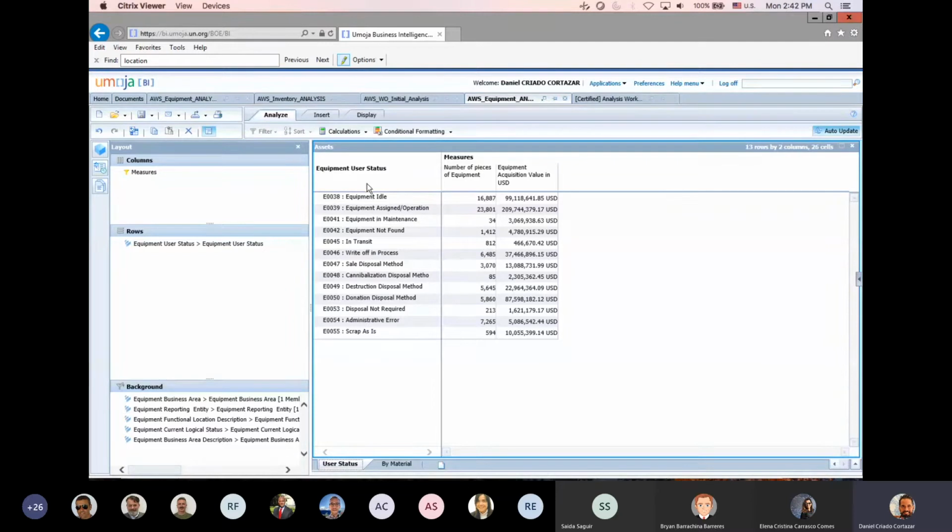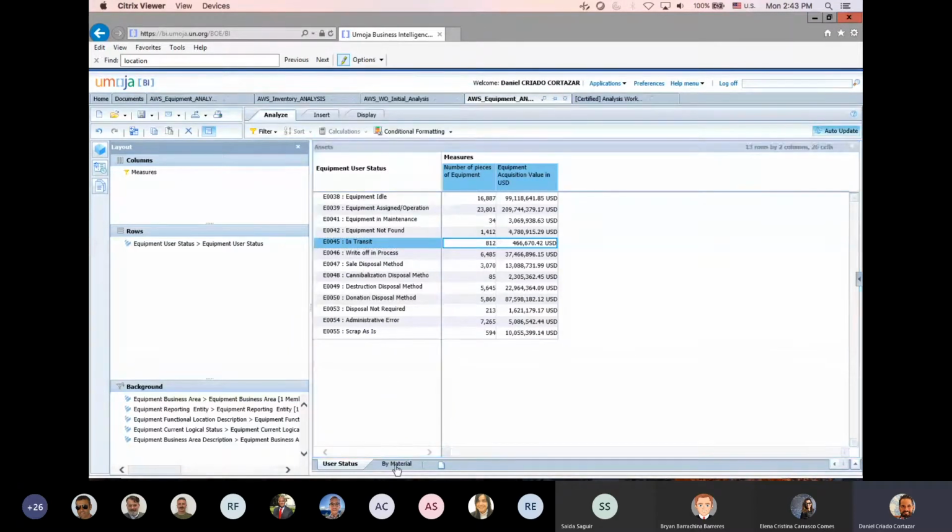So this is the breakdown of the different user statuses that you have in UNAMID as of today, okay? From there, again, you can drill down and check only the ones in transit and see whether they're really in transit or not. Because as I said, most of the issues you may encounter down the road will originate from a wrong update or no update at all of the equipment user status in the data shell. So that's another entry point for analysis. And then the last one that I used is by material,